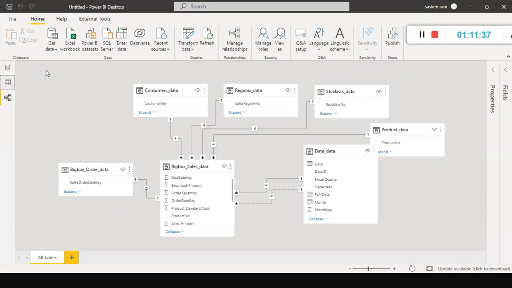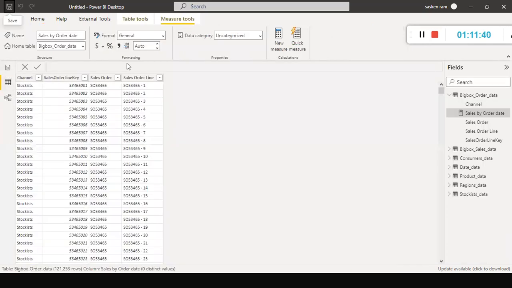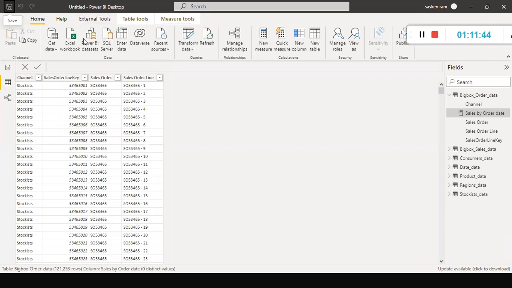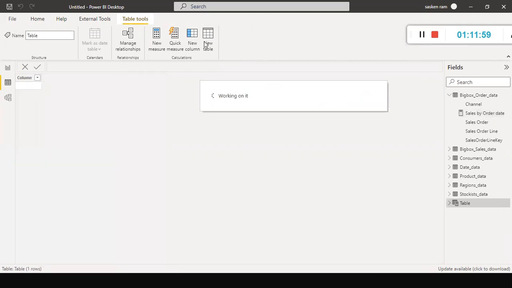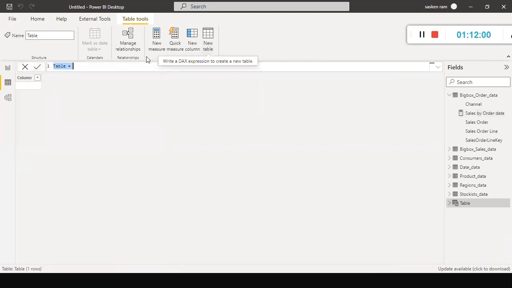For that, we have another function available in DAX. I just go here and go to Table tools, and you need to use a new table, because we are creating the date table. A date table is a table. You cannot use a measure. A measure is something like a single value.